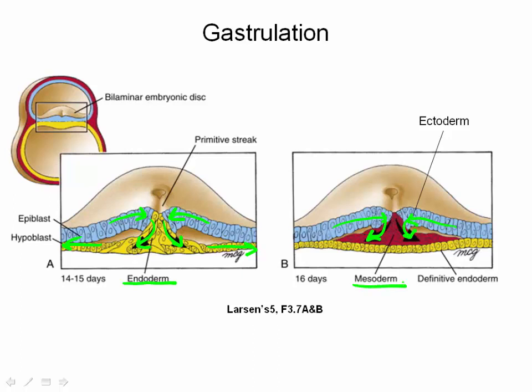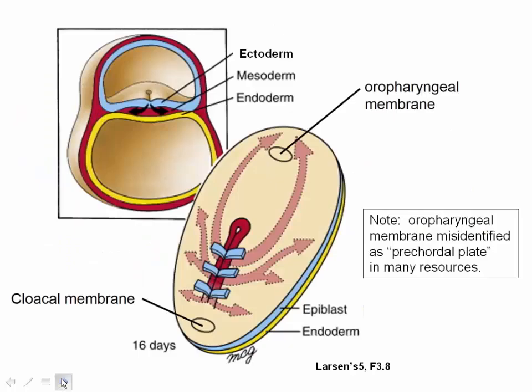Epiblast cells that do not ingress during gastrulation and instead remain on the dorsal surface of the embryonic disc form the ectoderm. In this image, we see the depiction of the mesodermal cells migrating both laterally and cranially between the ectodermal and endodermal layers as the three-layered embryo is formed. The mesoderm completely spreads between the two layers with exception to two locations in which it is absent. This occurs cranially